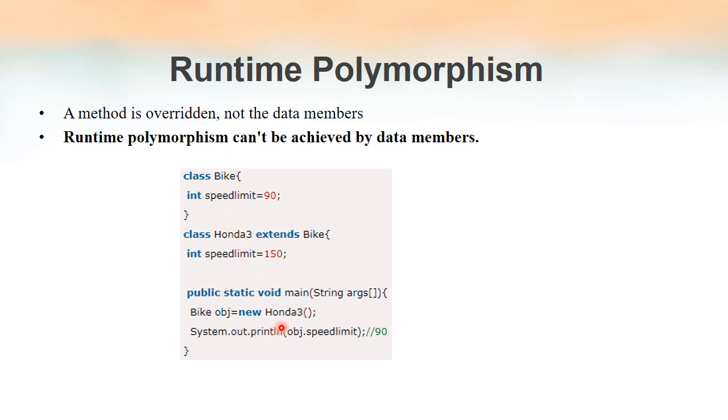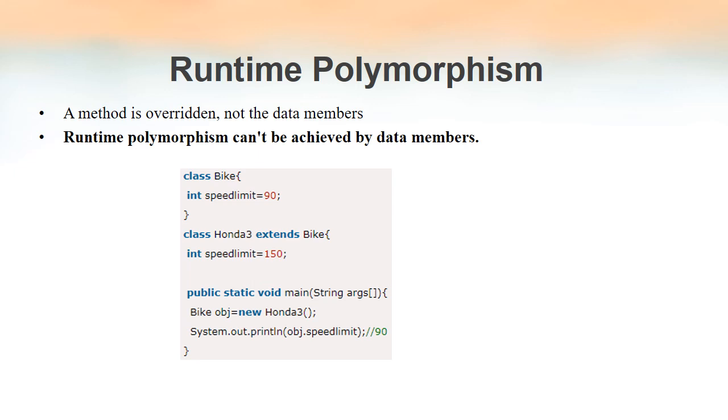That means runtime polymorphism is available only for methods, not for variables. In case of methods, if you call the method that is being overridden by means of the reference variable of the parent class, the method of the child class will be executed. But if we talk about variables that are overridden, runtime polymorphism will not be there. The variables that the child class got from the parent class will be used. That is what this example explains.